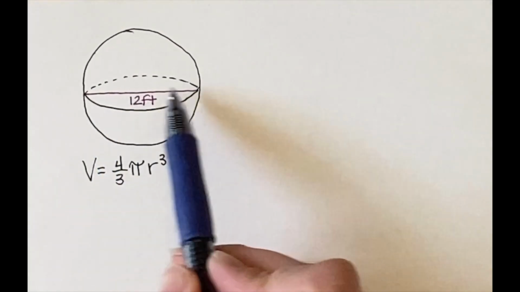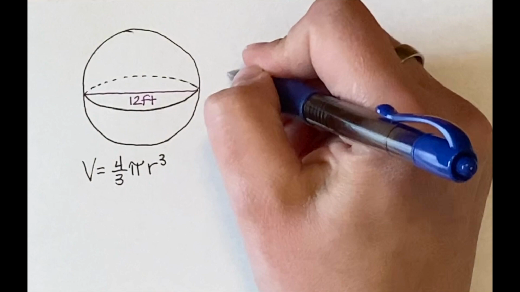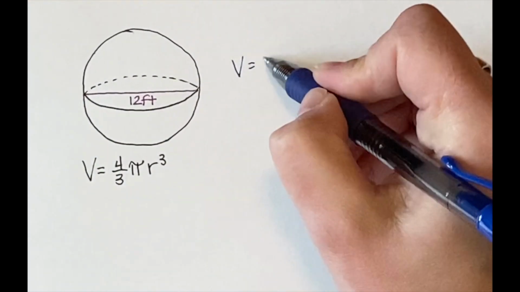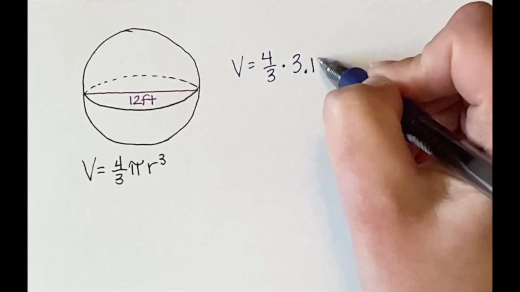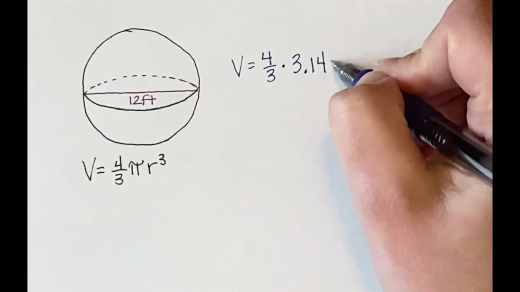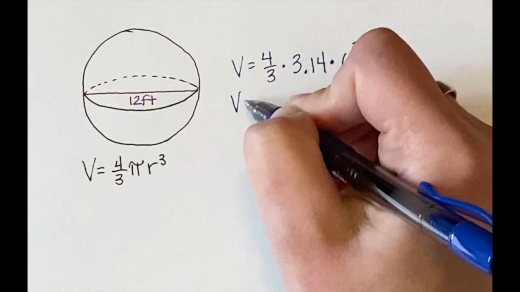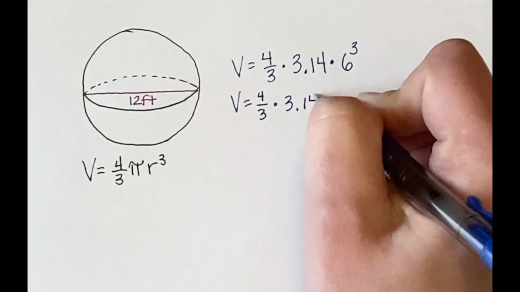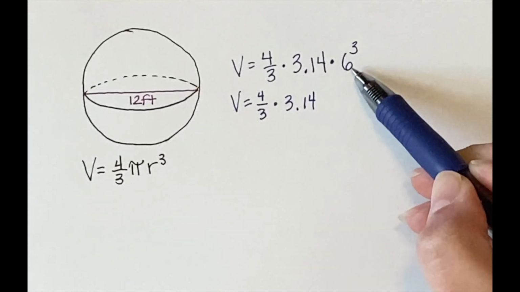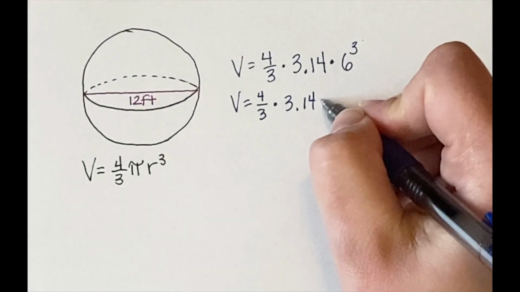Well, I know what the diameter is. The diameter is 12, which means the radius is half of that. So it's 6. So right now I know that the volume is equal to 4/3 times pi. Remember, we are using 3.14 for our pi. And then my radius is 6, and that's cubed. So we need to simplify that exponent. This is going to be 6 times 6 times 6, not 6 times 3. 6 times 6 times 6 is